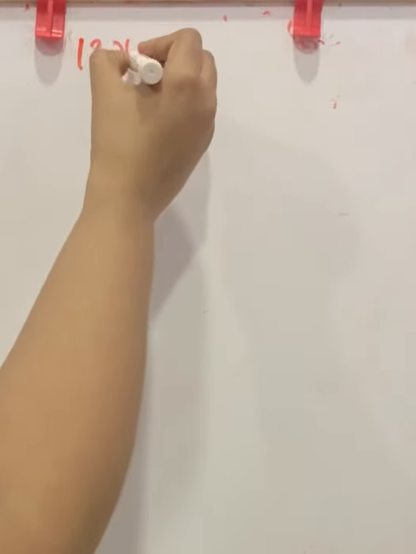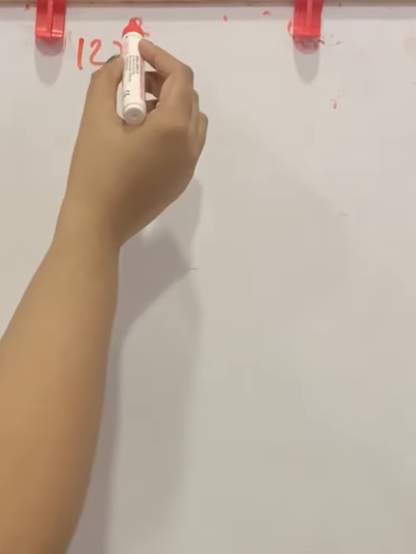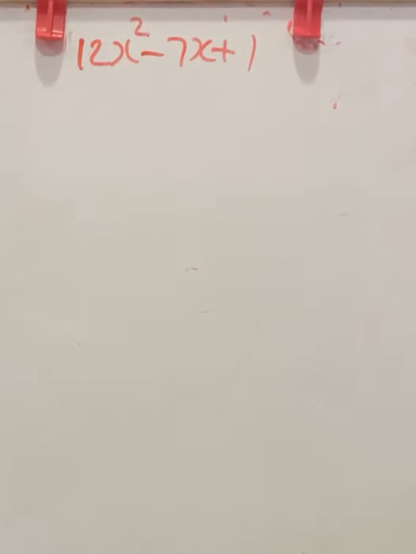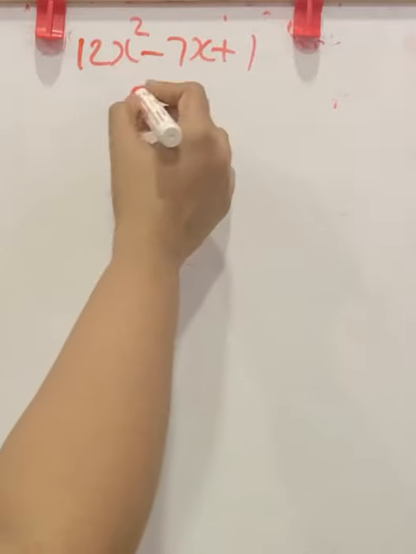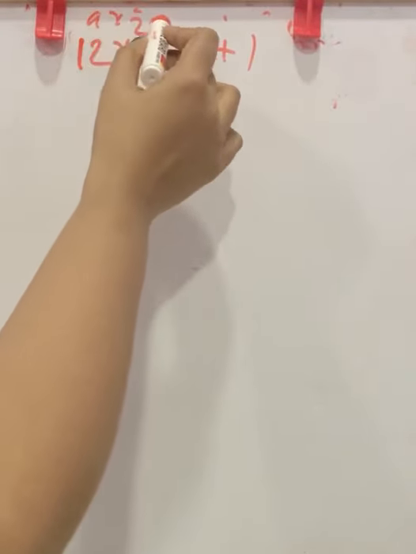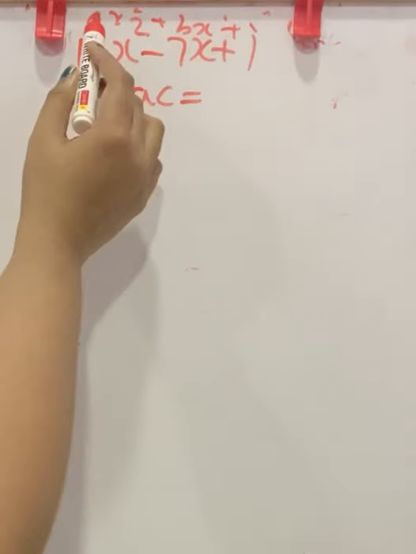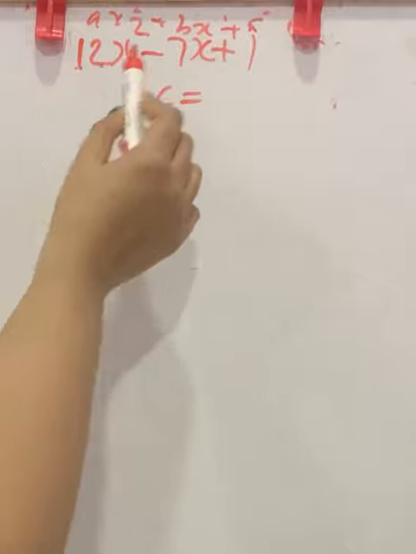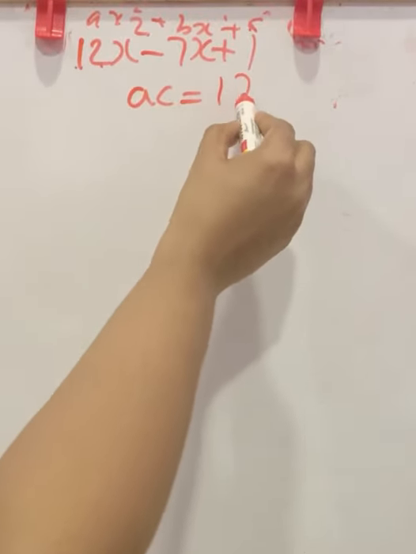Next is factorize this quadratic polynomial, that is second degree polynomial, 12x square minus 7x plus 1. We know how to factorize quadratic polynomials using middle term splitting method. So in middle term splitting method, first you want to find product of AC. This is ax square plus bx plus c. So AC means this constant and coefficient of x square, 12 into 1. 12 ones are 12.